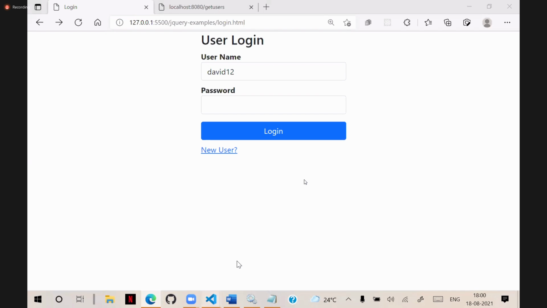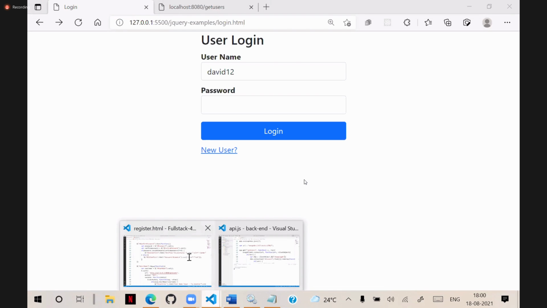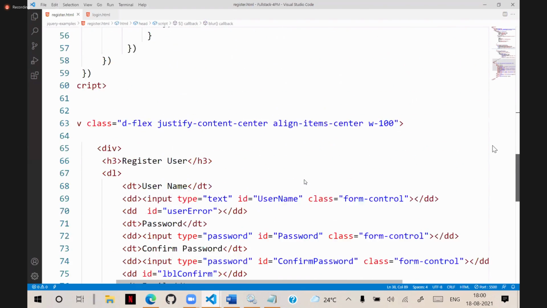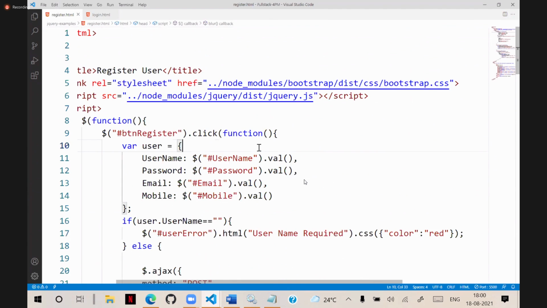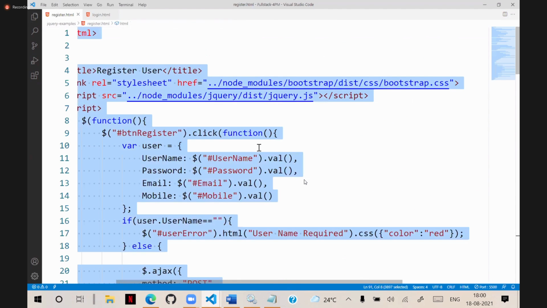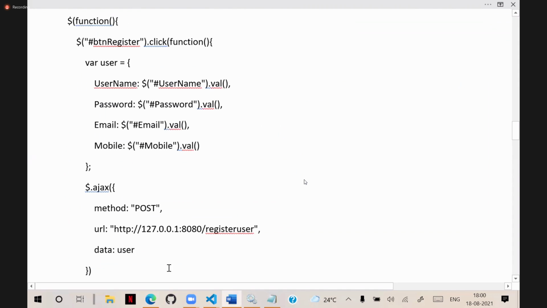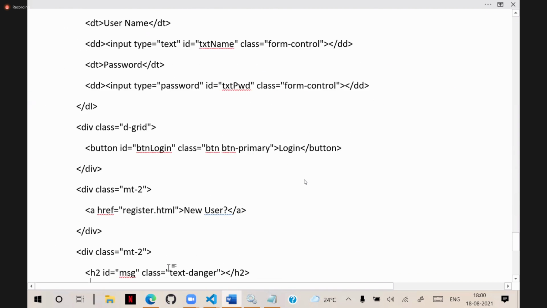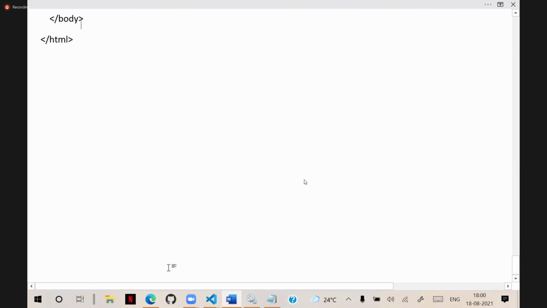This is a complete concept of how we can create a registration form with some validations. And other validations, you people can try by yourself, right? These are the main concepts. I will give an example here. This example I will post into the classroom today. You need to practice this complete end-to-end application. So this is a register form with validations.